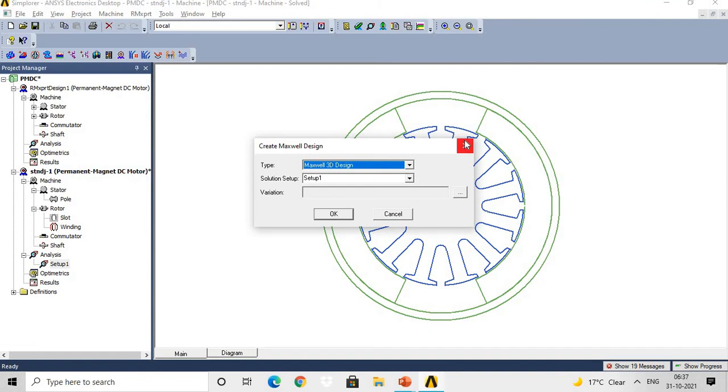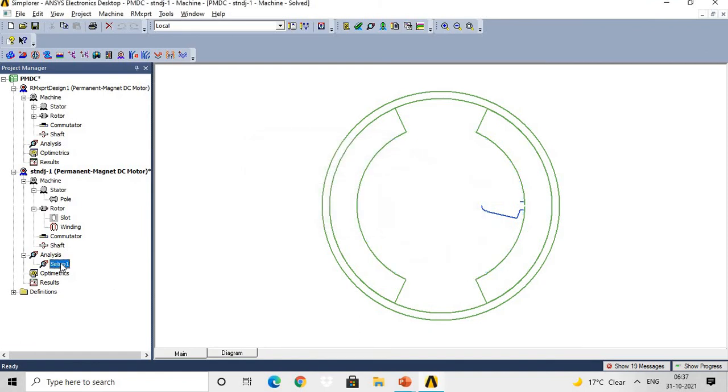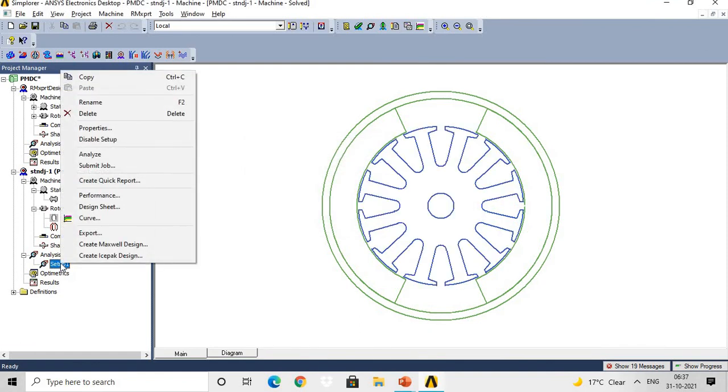Okay. Apart from that, if you right click on the setup, it will ask to export the data. Here you can export the data.